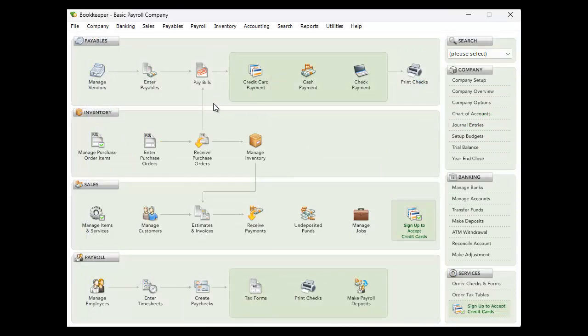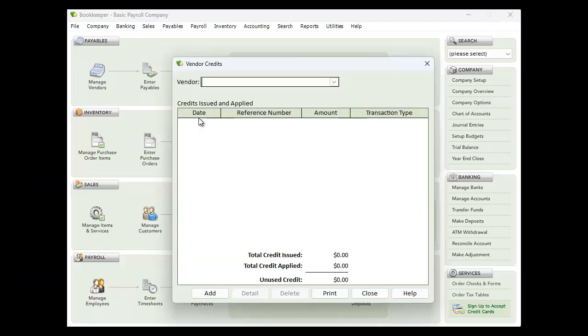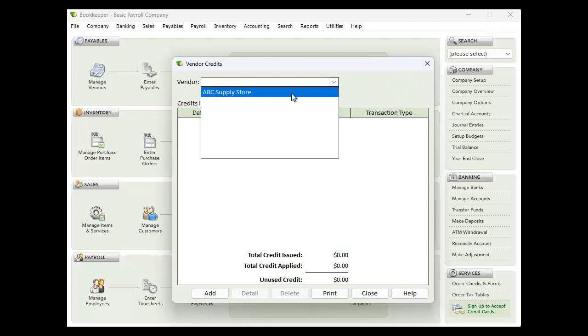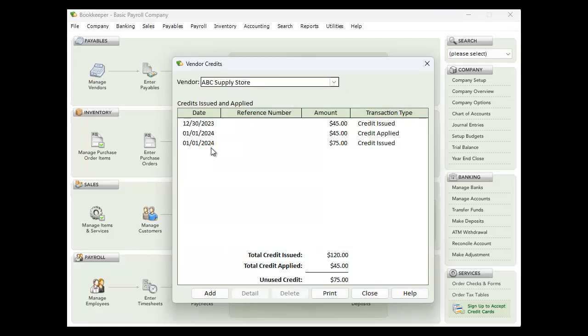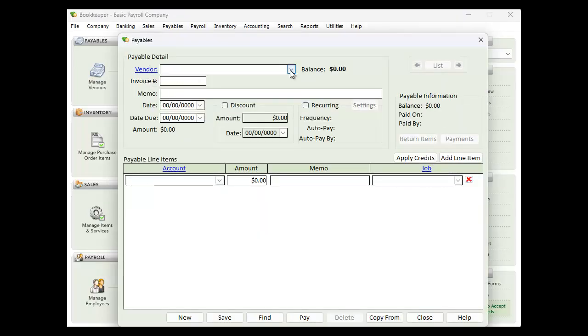Another option is for doing $0 payables. This came up when you have a vendor credit, and maybe that vendor credit is going to be applied to the full amount of another invoice upcoming for that vendor, and so it nets the payable to zero, but you want to enter everything in Bookkeeper. So I set up a situation here where I have a vendor credit. If I look here, I can see that I have a credit for $75 for this particular vendor. Now if I go to create a payable for that vendor,